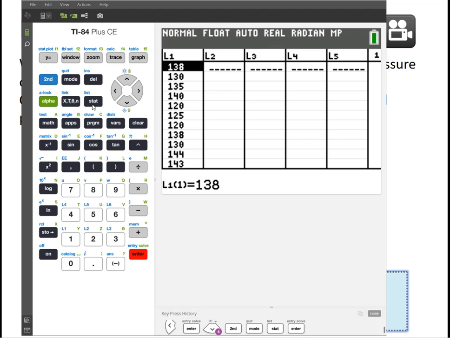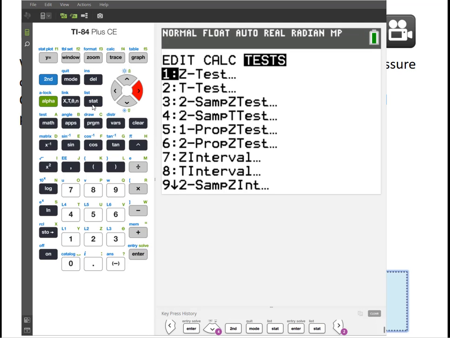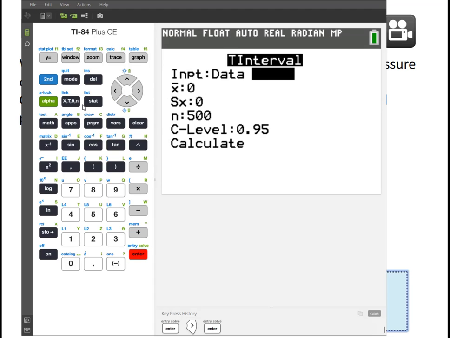All right, so I'm going to go back to stat by hitting stat again, and I'm going to tab 2 to the right to tests. And then notice that t-interval is option 8. And notice now that my calculator automatically defaulted to stats, and this is probably because you've done a previous problem and you weren't given a list of data. This is the first one that we're doing that has a list of data, so you were using the statistics